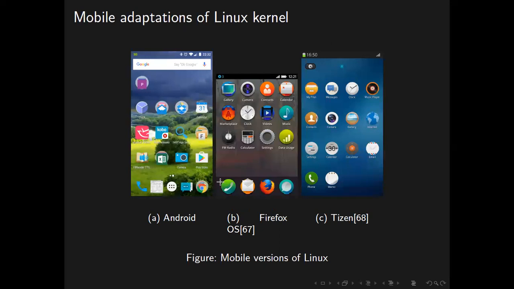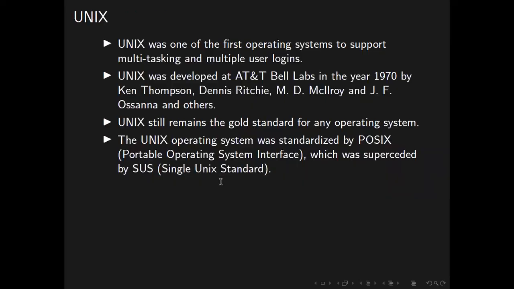And these are mobile operating systems. The first one is Android. Android is built upon Linux operating system. Then Firefox OS is no longer used, but it was built upon Linux operating system. The third one is Tizen operating system. It has been built upon Linux operating system by Samsung company. Samsung created their own operating system called Tizen. Tizen is normally used for low-priced Samsung TVs, Samsung washing machines and other devices.